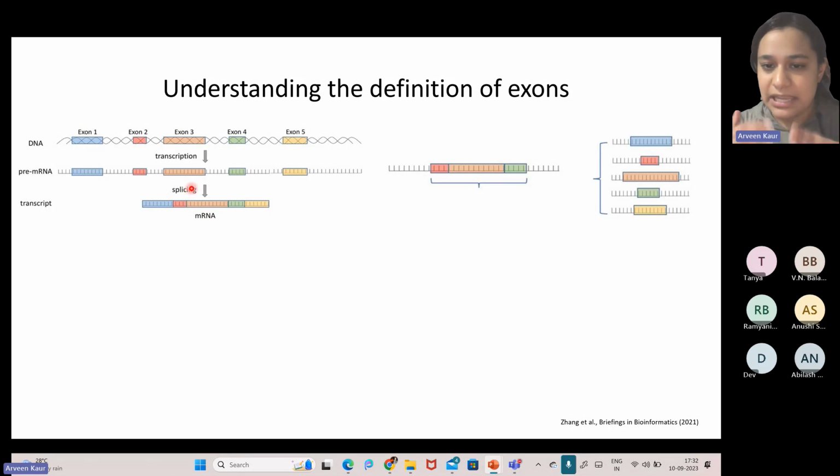If it is also being spliced out like the introns, why do we say that it is an exon? Right. So I tried explaining, and I am going to try explaining along almost the same lines today as well, with another example. Okay. So in case of exons,